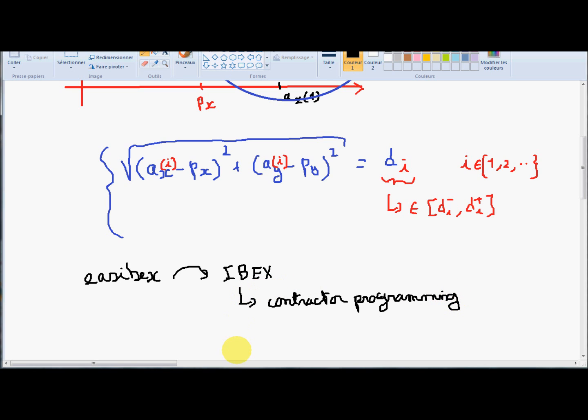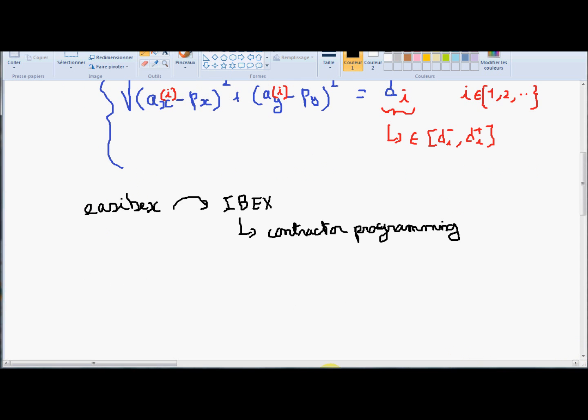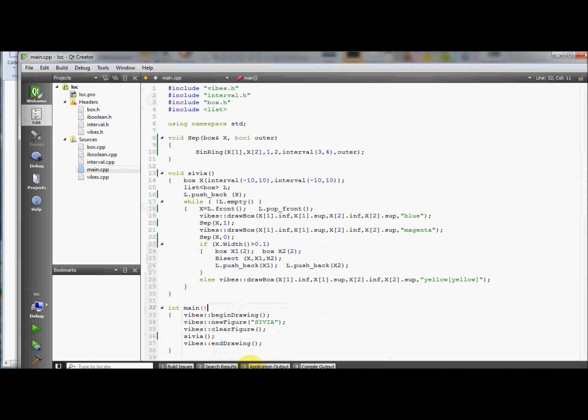Ibex is made by Gilles Chabert and a team such as Jordan Ninin, Fabrice Lebars, and so on. So I will develop this. To develop this, I will use a